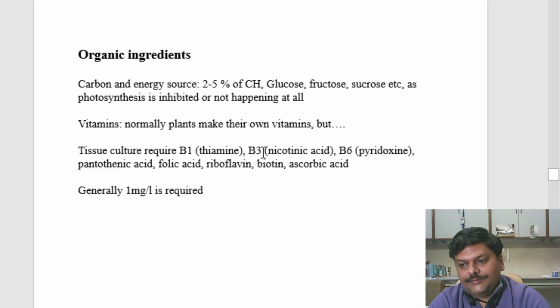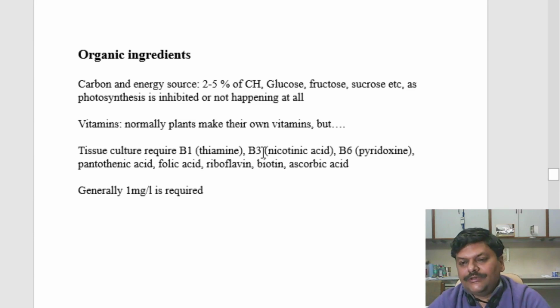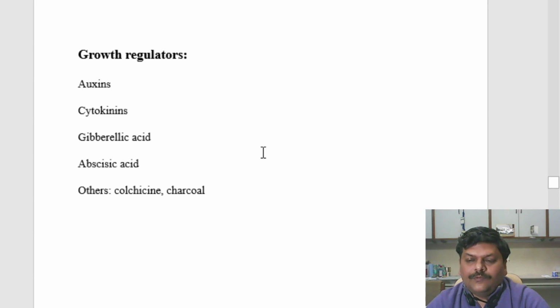B6, and other vitamins. Generally, these vitamins are provided in a concentration of 1 milligram per liter, or even less. This concentration is enough. Then one of the most important, or I would say the most important ingredient of suitable plant growth media is growth regulators or plant hormones, because without providing growth hormones or